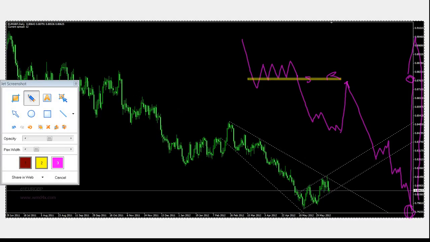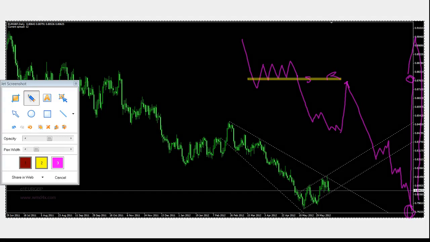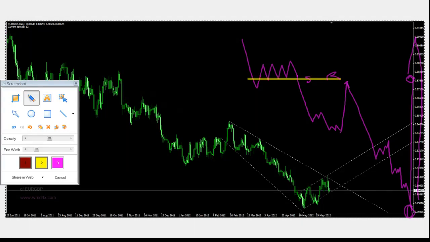I want to benefit from this particular construct because I think this is something which I'm recognizing. It's something which I've seen happen before, and therefore the best guesstimation that I have is that this is something which can happen again. All right. So here, looking at Euro GBP, this is a construct which formed back in December of